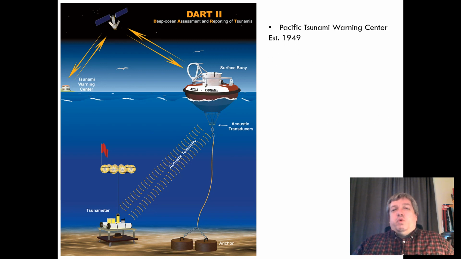So the very first warning system was established in 1949 along the Pacific Ocean. There had been actually what I just talked about. There was an earthquake in Alaska that sent a tsunami across the ocean, and it killed a couple hundred people in Hawaii. So the U.S. government begins in 1949 with this. Eventually, it becomes the National Tsunami Warning Center. It covers all the Pacific Ocean.